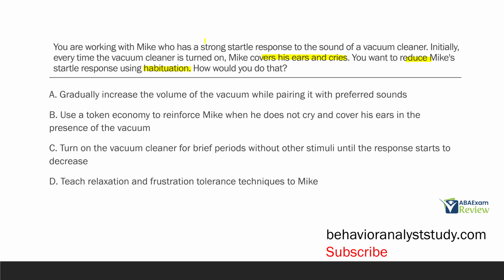And in A, you've got multiple stimuli going on at once. If we can isolate the stimulus, it's even better for habituation. And then D, teach relaxation and frustration tolerance techniques to Mike. Again, could it be effective? Sure, possibly, but it's not going to be habituation. And the question wants you to use habituation. So you would need to turn on the vacuum cleaner for brief periods without other stimuli until the response starts